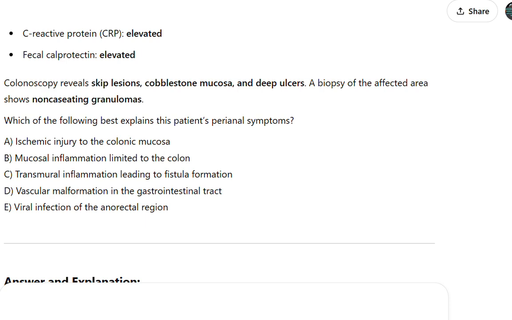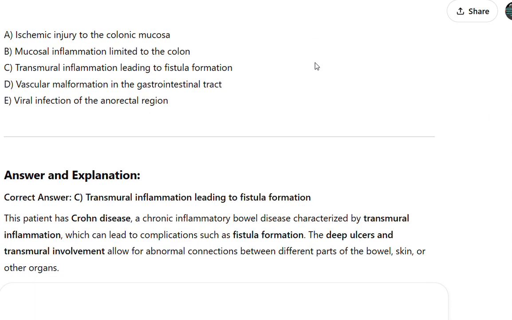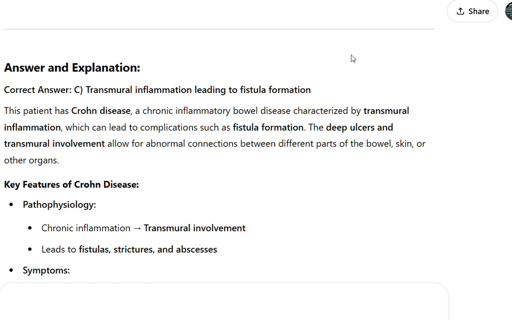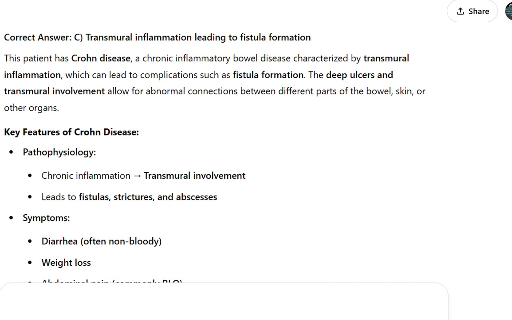Answer and explanation? Correct answer: C. Transmural inflammation leading to fistula formation. This patient has Crohn disease, a chronic inflammatory bowel disease characterized by transmural inflammation, which can lead to complications such as fistula formation. The deep ulcers and transmural involvement allow for abnormal connections between different parts of the bowel, skin,